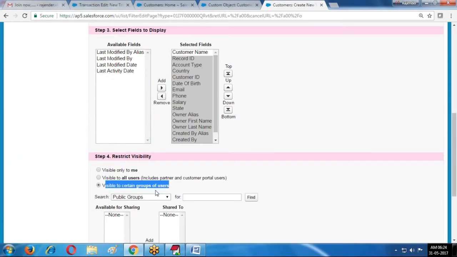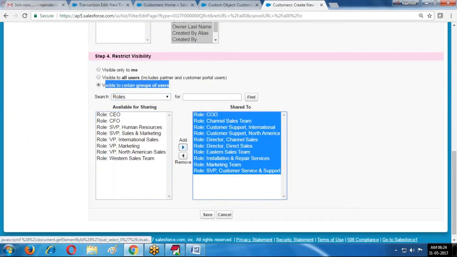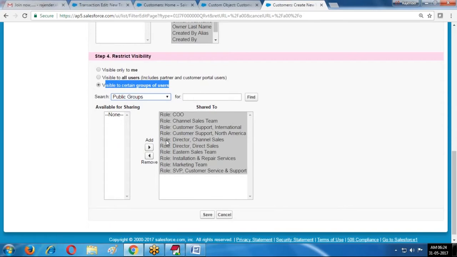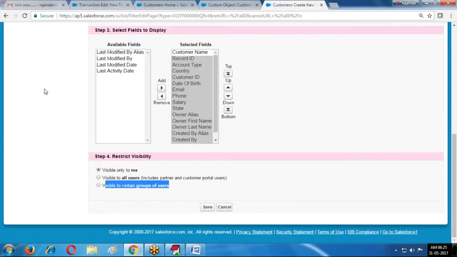If I select roles, it is available only for those roles. If I select public groups, it is available only for those public groups. I am selecting this for all users.